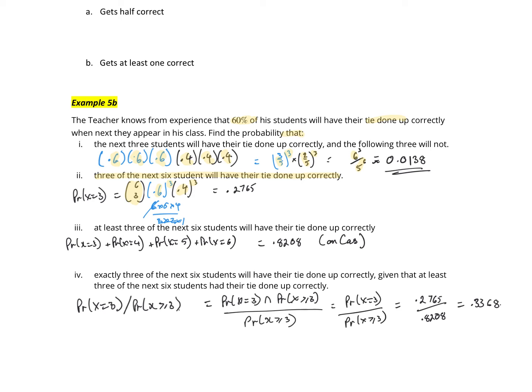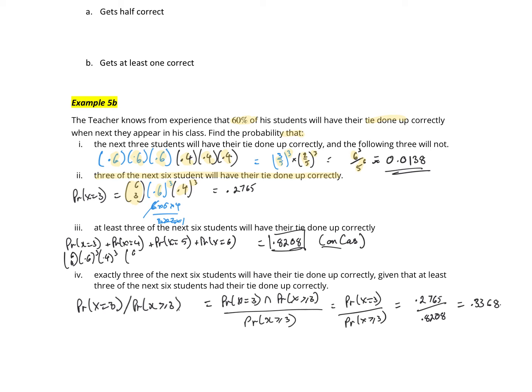All right, what about the probability of at least 3 of the next 6 students will have their ties done up? Well, at least 3 means you can have 3 or 4 or 5 or 6. Okay, so on our calculator, and we'll look at a range of ways we can do that, it comes to 0.8208. So quite possibly at this stage, you might just do very quickly 6C3, 0.6 to the 3, 0.4 to the 3,